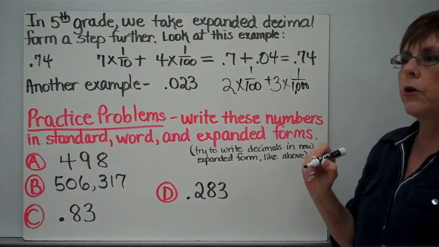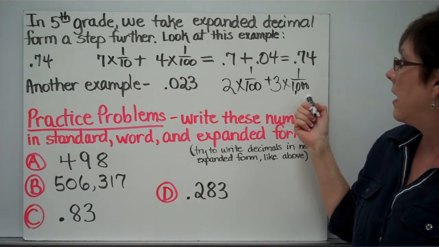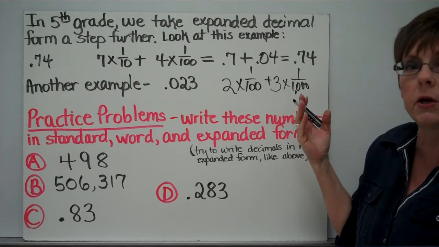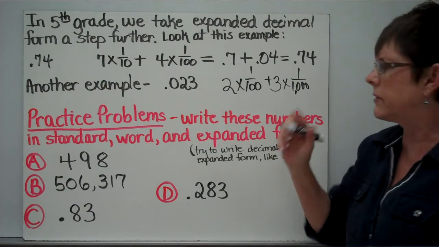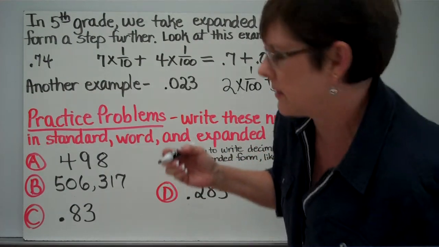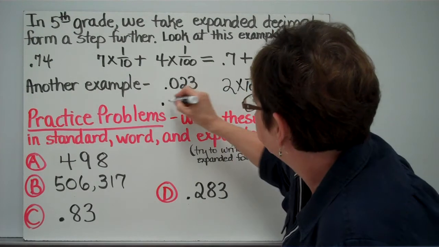Now you're going to notice we're only going to use tenths, hundredths, and thousandths this year because that's the only 3 decimal place values we'll use. So hopefully that'll make it a little bit easier. Let's do one more because I think some of you are thinking, I still don't get this. Let's say that we have